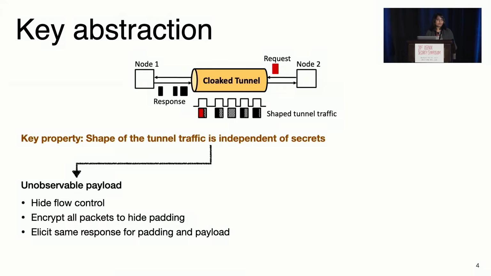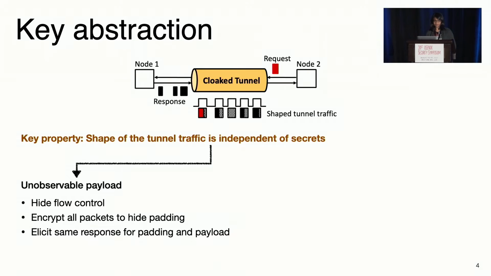Now, to hide the padding and payload packets, all the packets must be encrypted after the padding, and the padding information must be injected in the packet headers in such a way that it would be delivered at the other endpoint, and that the other endpoint would generate similar responses for all the packets. Because otherwise, an adversary could see the differences in the traffic in the other direction and distinguish between padding and